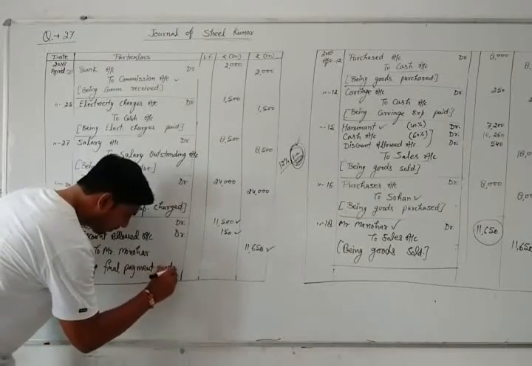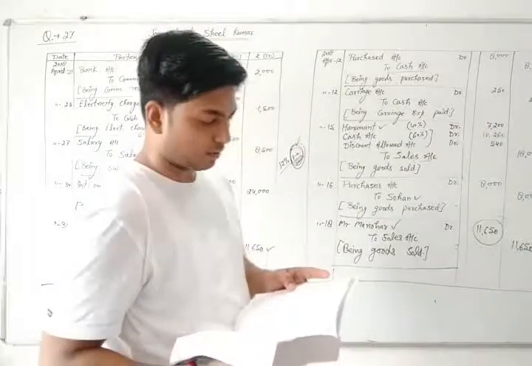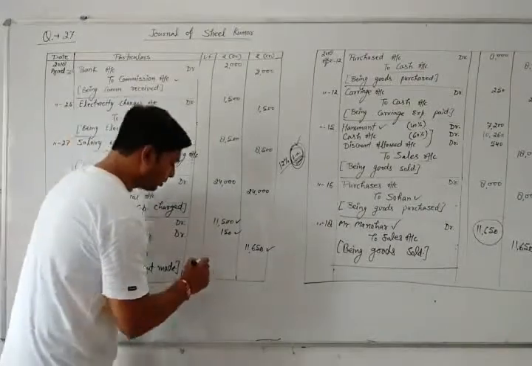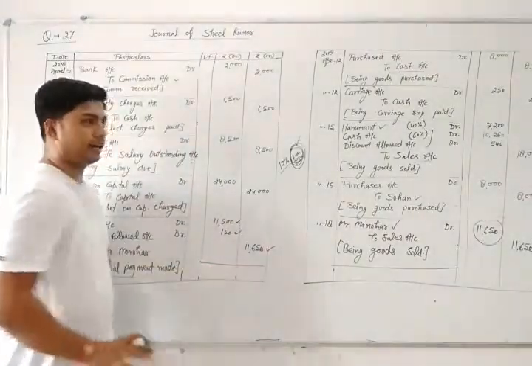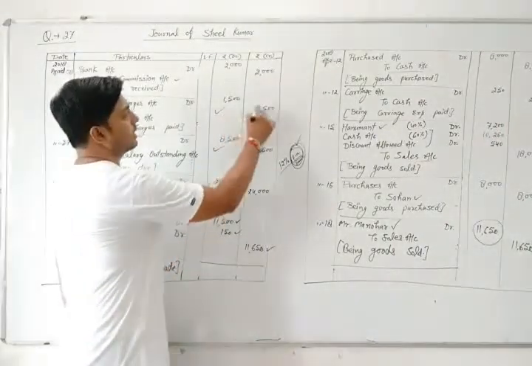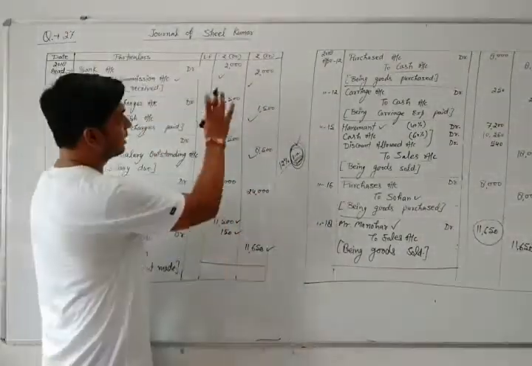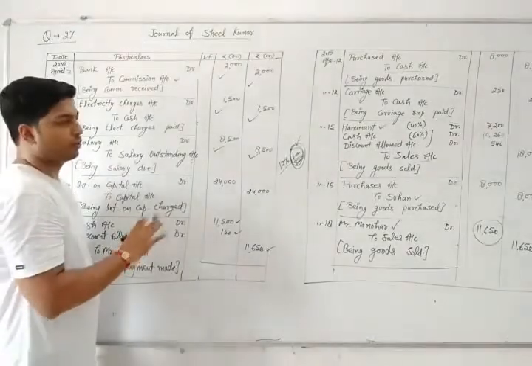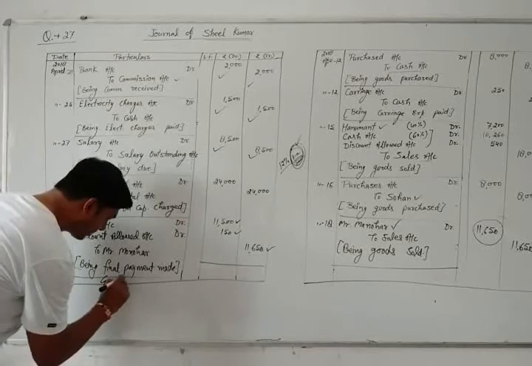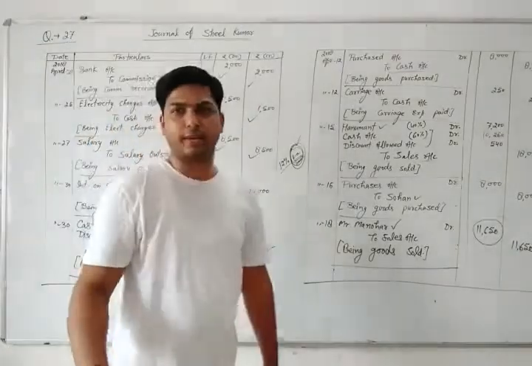So this is all about the complete question, question number 27. Finally, after completing the journal entry, we require to find out the total of the debit and credit side. It would be similar every time because in each and every entry, the debit and credit amount is similar. So the total of debit and credit would be similar because I have removed many entries. So you may find out the total of the same amount. Here at last you are going to write grand total, and finally the amount would be written here. So thank you. Thanks a lot.